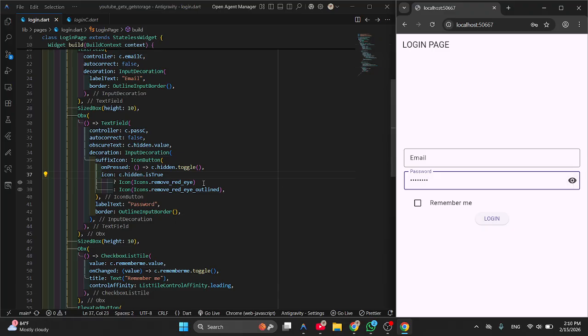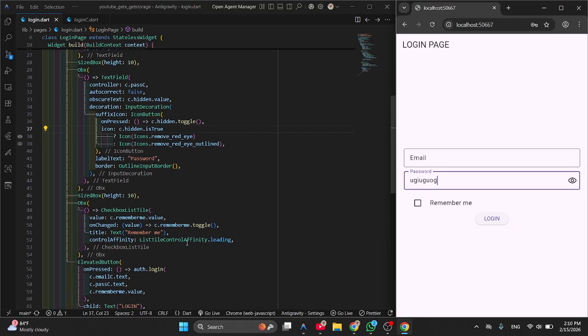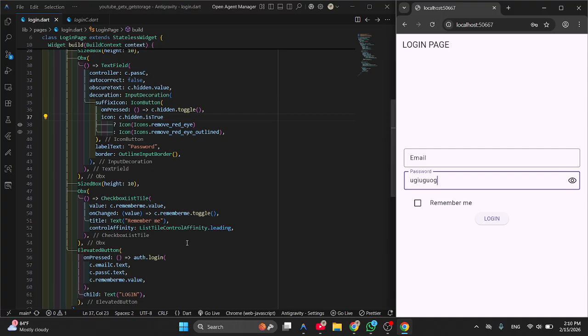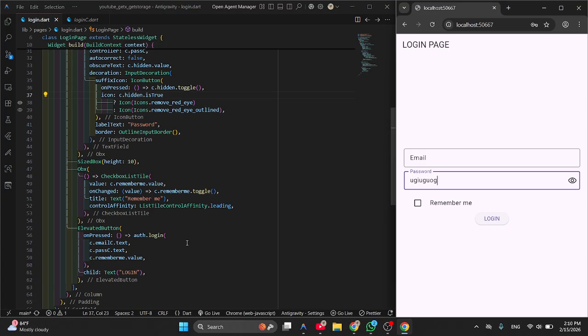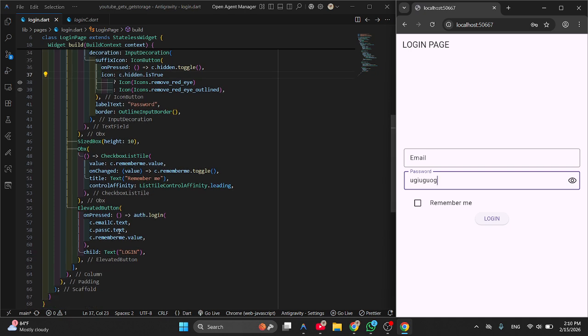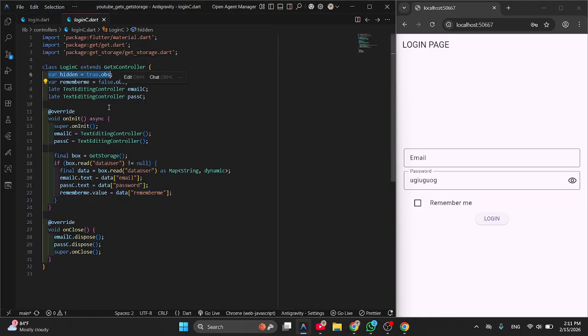But if I make it displayed, I change the icon to outline, just outline. There is an onPressed here, which is the function to save in the login controller.